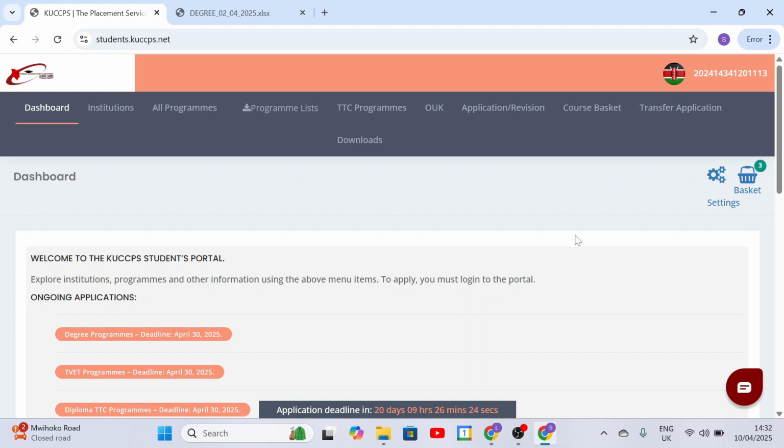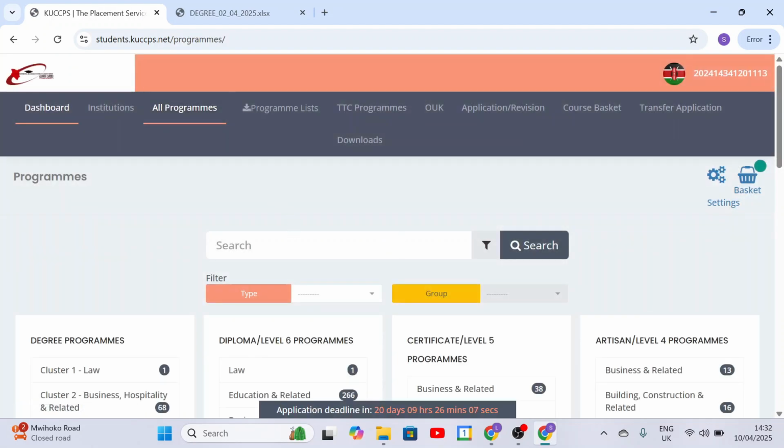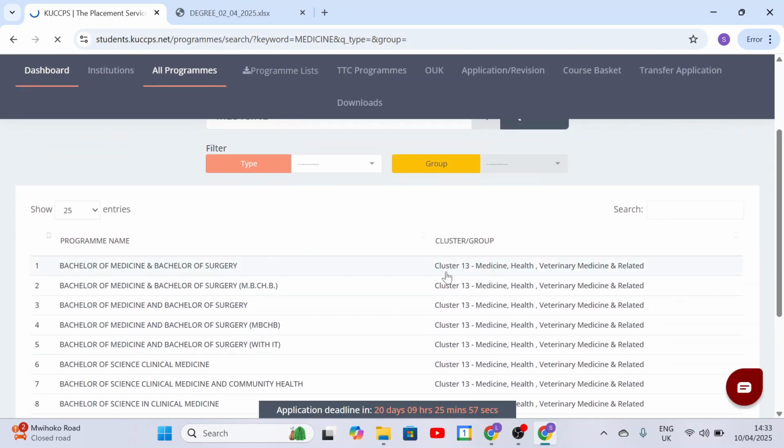Good. So let's go step by step. Once we are done with exploring the dashboard, let's now go to choosing the courses. How do I get to choose my course? I told you there are two ways. You can either go the institution way or the program. I want to use the program way because it's much friendlier to use. So I want to select, let's say, medicine, because that's what most people want to do. Let's get to it, and let's get to even know the mistakes that people do when applying for this particular